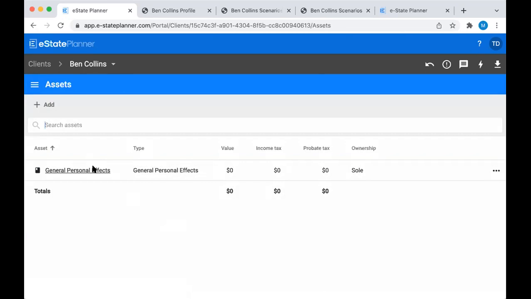For any other assets, what you can do is add all of the client's assets into the system, and you can put values in and really give them a good sense of what the rough value of their estate is at this point in time. But really, for the will generation purposes itself, the only assets that you need to add in are those that are going to be specific asset bequests or registered assets that you want to confirm or do new designations for